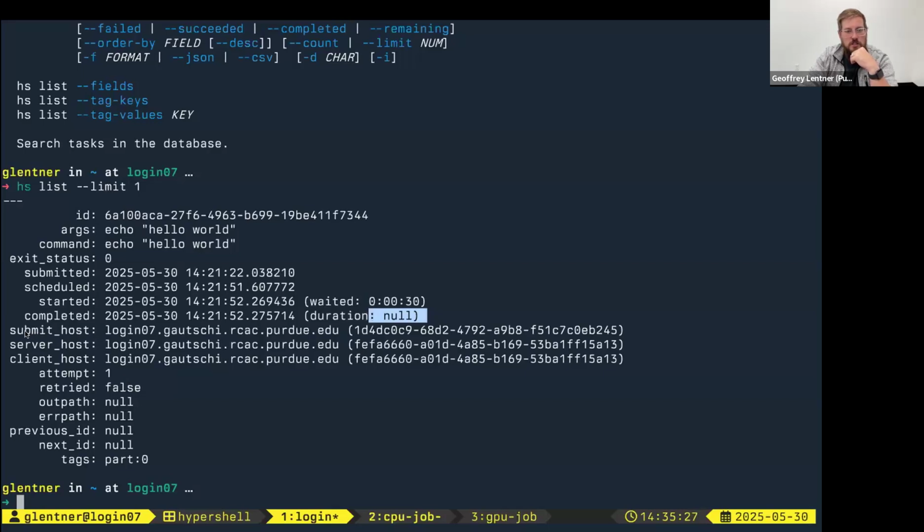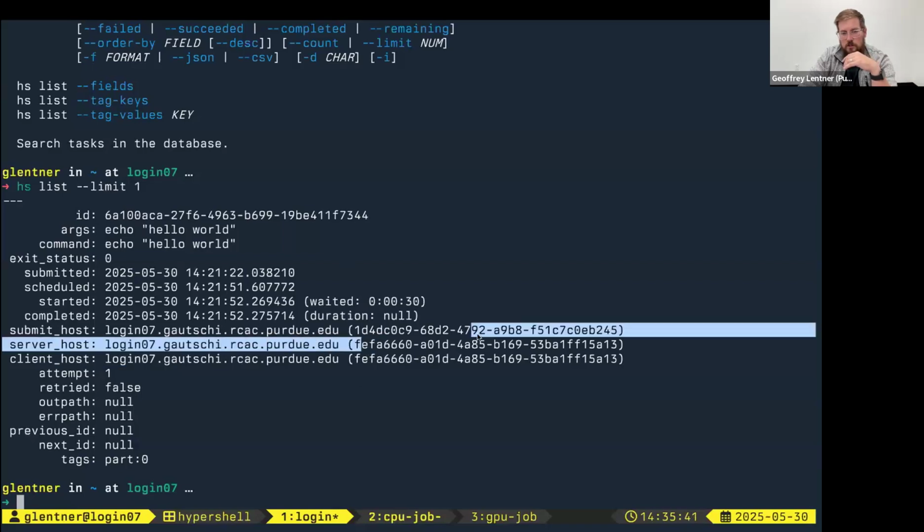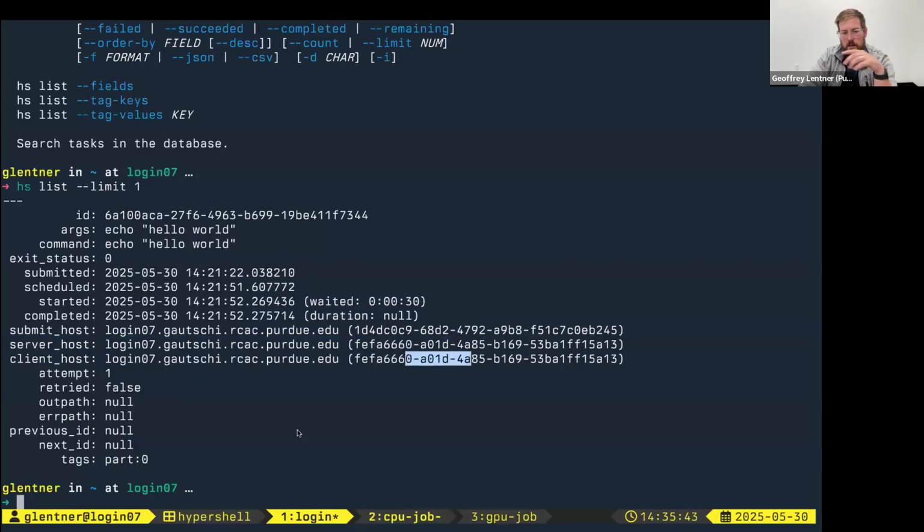There is the submit host and a unique identifier for that host, so you can separate out each instance of the application, where the scheduler was running, or the server and the client. In this case, these two IDs are the same because this first one we ran with --restart. We haven't retried anything, but